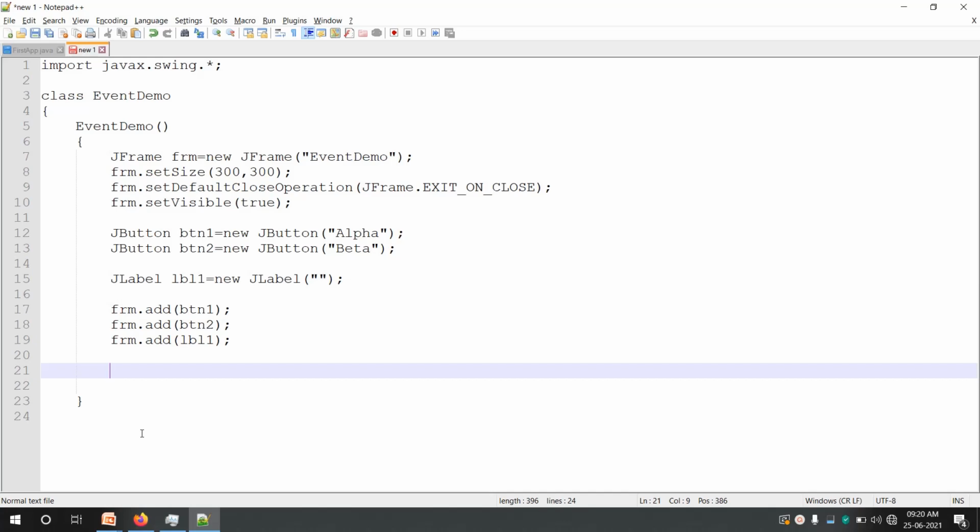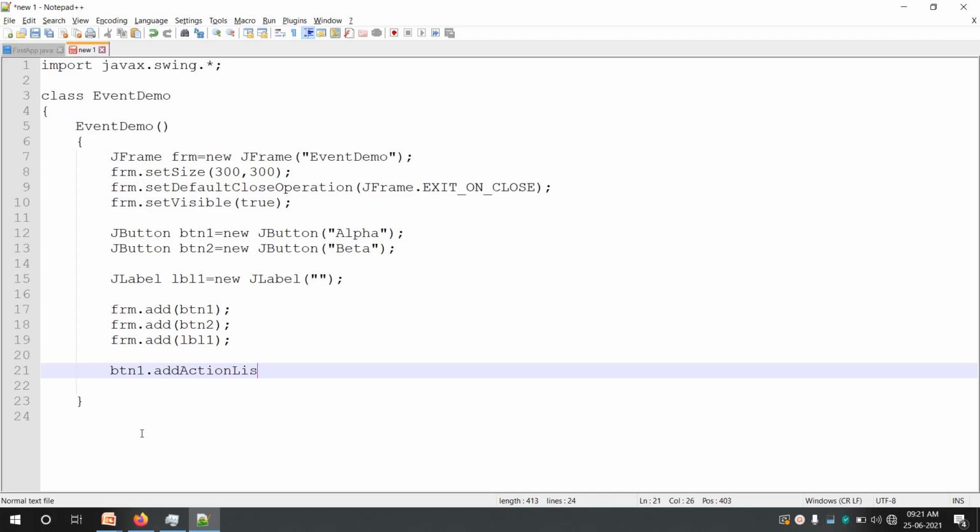Okay, so let us add a listener to the buttons btn1 and btn2. A button always generates an action event. As you know, whenever you click on a button, an action event is generated.